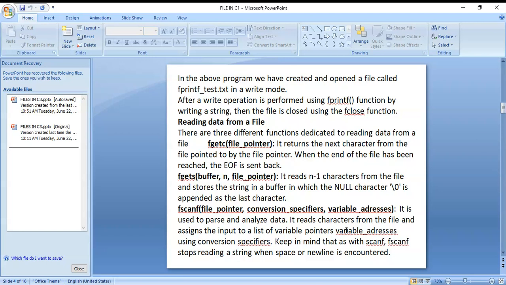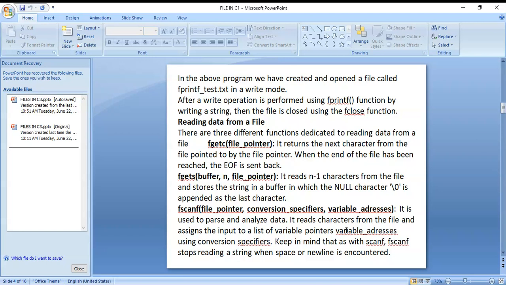Suppose the file is not available, then first you must create it, and after that you can open it. If you have not created any files, you must create a file first, then open it.